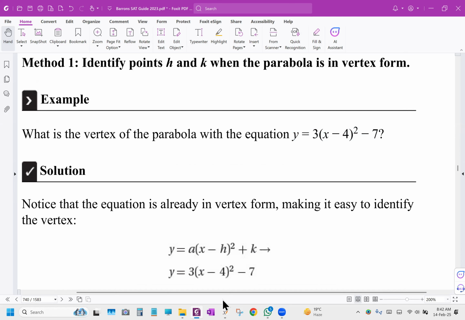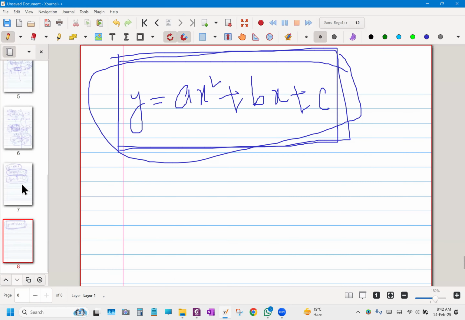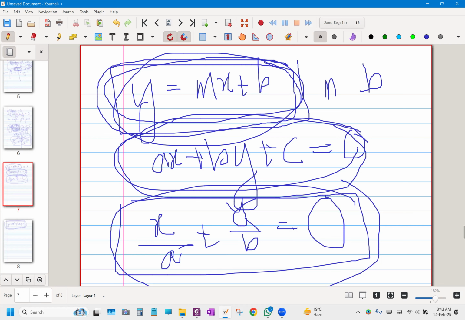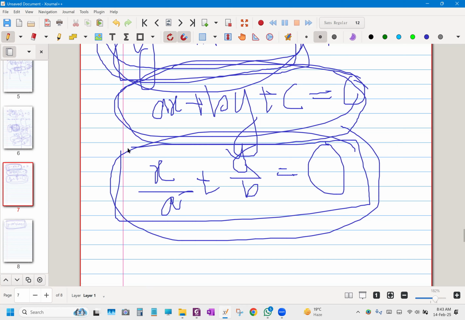Just like the different forms of equations of a straight line, each and every form has some advantages and disadvantages. If you know the slope m and the y-intercept, then you can just plot the graph of this type of equation. That's simple. But in the other case, if you want to plot the graph of the straight line,